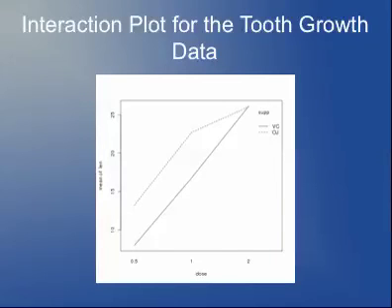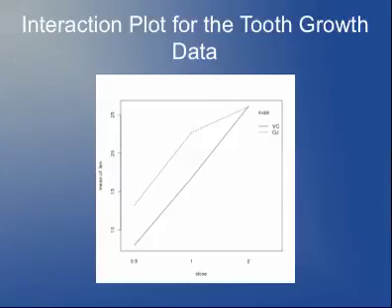So in this particular case, the interaction plot looks something like this. For the ascorbic acid group, it does look quite linear, but for the orange juice group, there's an interesting shape in this graph. It looks like it's sort of piecewise linear. I don't know how many different dose values were here, but one way or another,